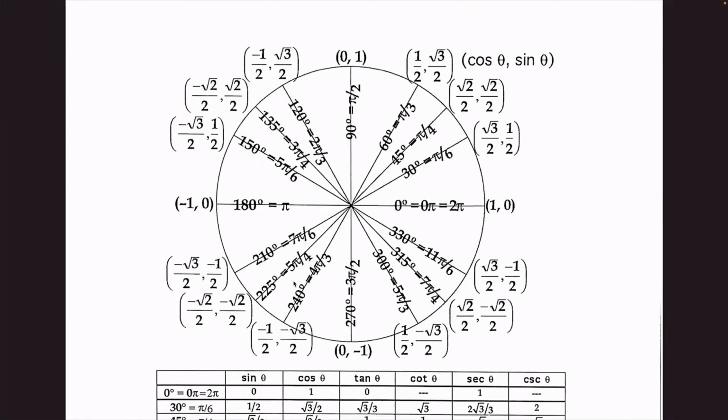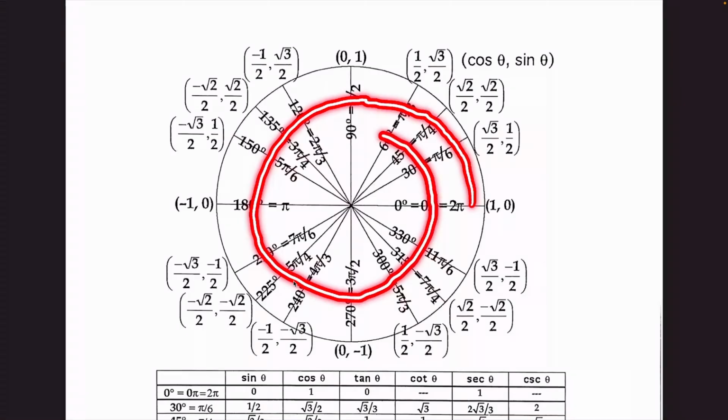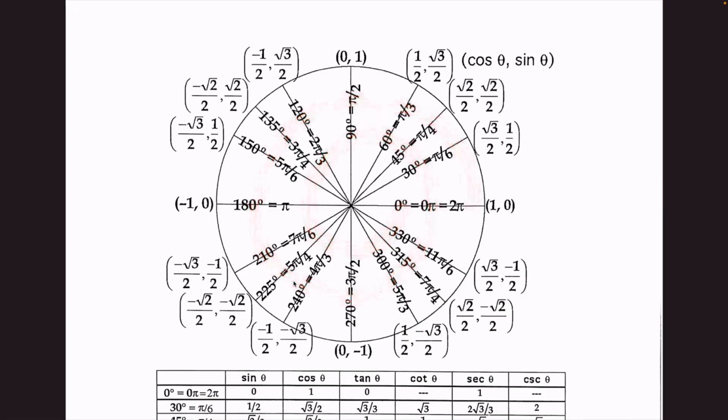You go backwards. If I go this way, pi over 6, pi over 4, pi over 3, pi over 2, it's all positive. I could go this way forever and ever, it's all positive, right? If I want negatives, I go the other way. So this becomes negative pi over 6, negative pi over 4, negative pi over 3, negative pi over 2. So I have to go here. It's the same exact value,